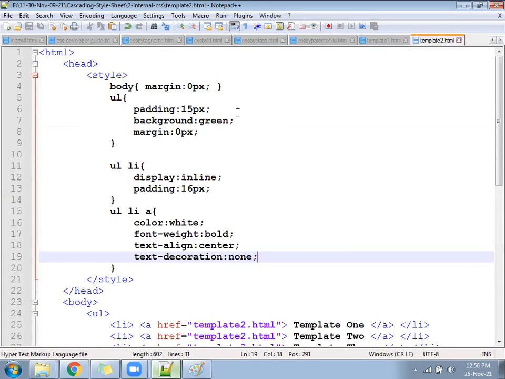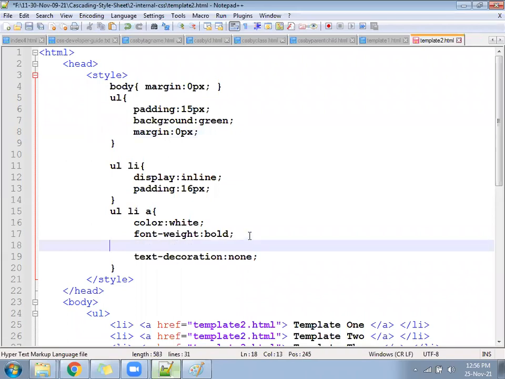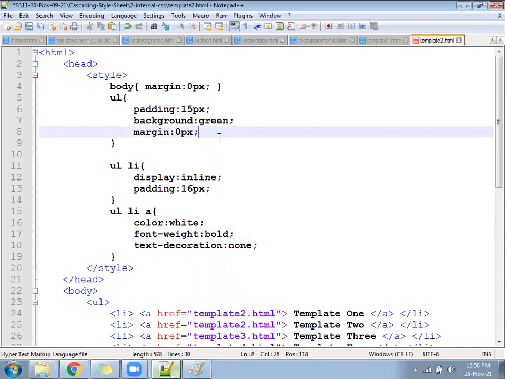Okay, so menus already. Inside the UL tag, you will write text align center. Oh, text align center will not work for a tag. Text align center you write for UL tag.